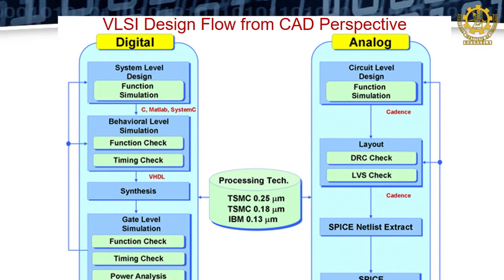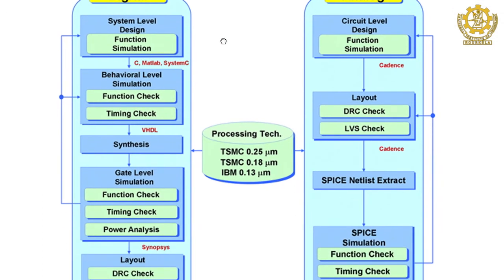That is why, when you are doing the system level design, you are concentrating mostly on the functionality aspect of the design. That means whether your specifications are met or not, or whether your function is accurate or not. We are not dealing with any hardware, only functionality. Once you are satisfied that your counter is working fine, the next step is to approach hardware.